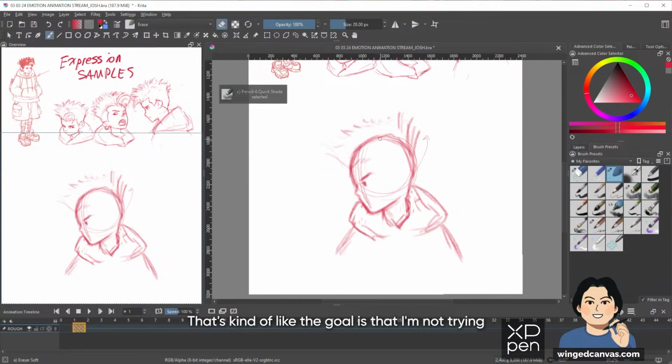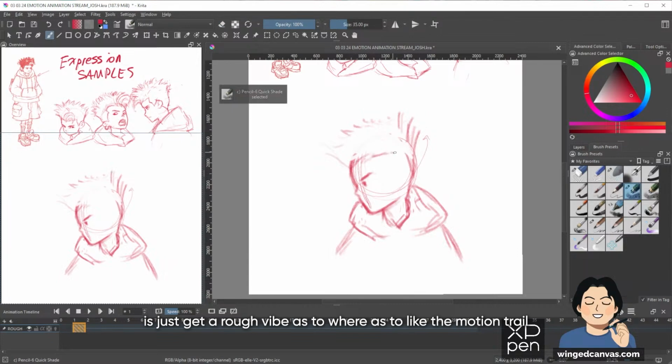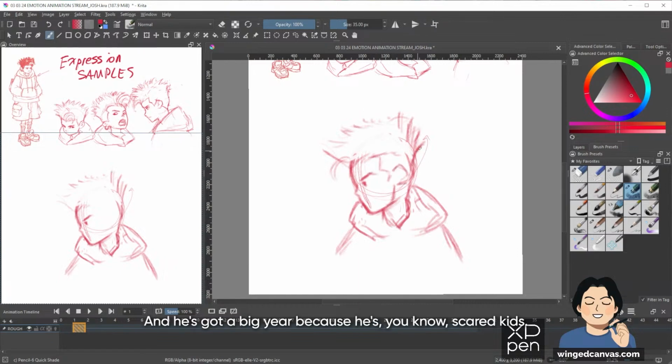That's the goal: I'm not trying to finesse everything at this point, but I want to get a rough vibe of the motion trail and the overall trajectory of how I want the head to be turning. So that's what we're gonna do. And he's got a big ear because he's a kid. Kids got big ears, right? We all got big ears as kids.